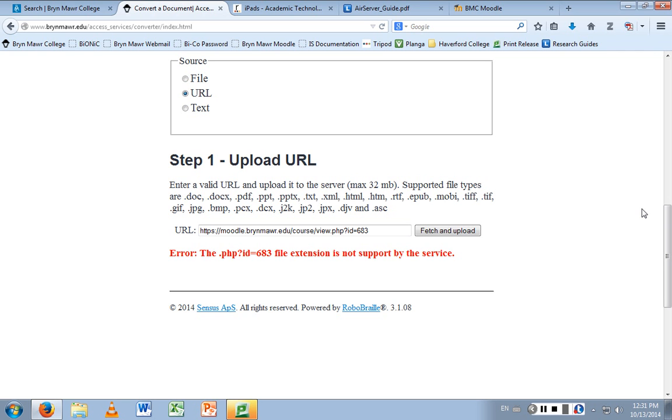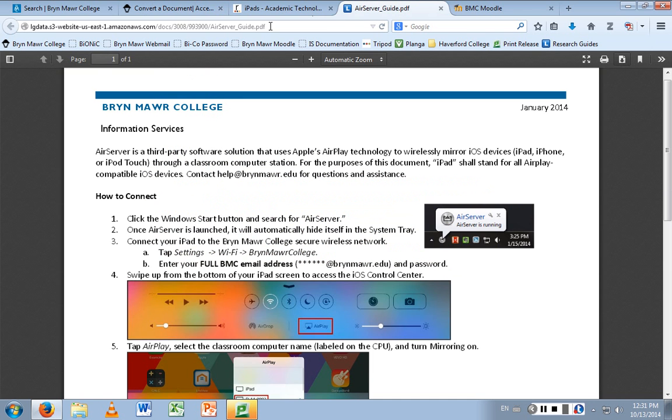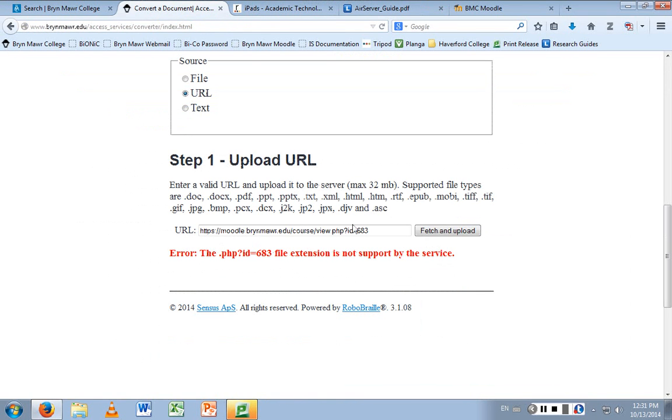So it won't go beyond a firewall. It would have to be a public access website. But for example, I could have put in, rather than downloading this, I'm guessing, I haven't tried this yet, just the link to this PDF.